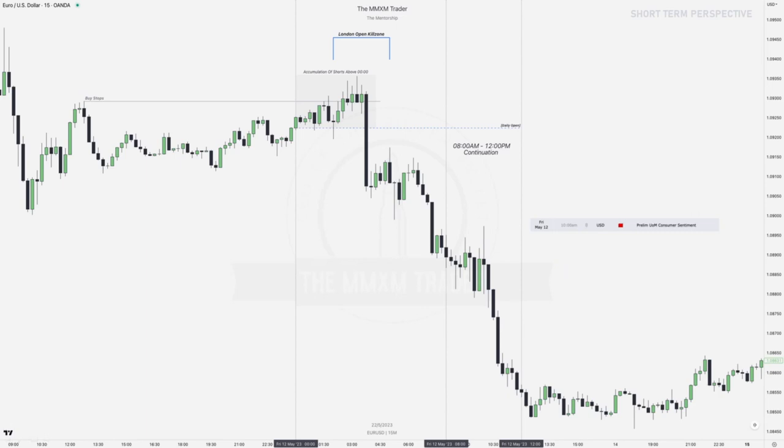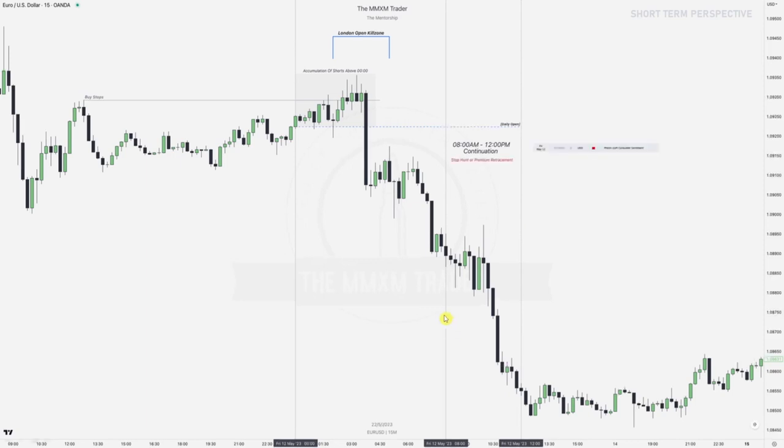We've got 10 a.m. consumer sentiment. So highly likely what we just talked about, right? You want to have that 10 a.m. to 11:30 a.m. as your sweet spot for looking for a setup. If we don't have high impact news at 10, we can do it from 8 a.m. already. So in our specific time frame over here, we wait for either a stop hunt or a premium retracement,